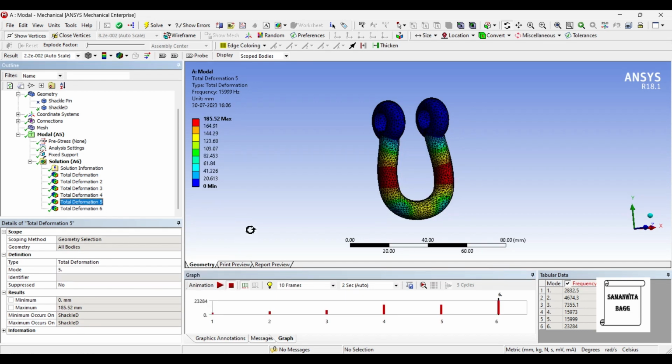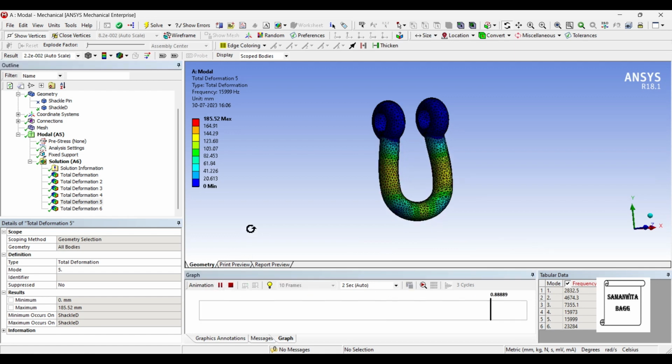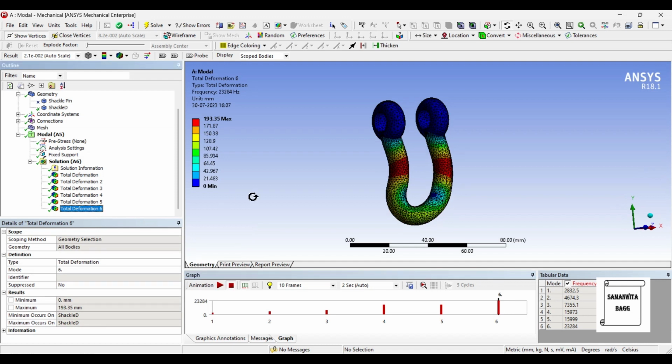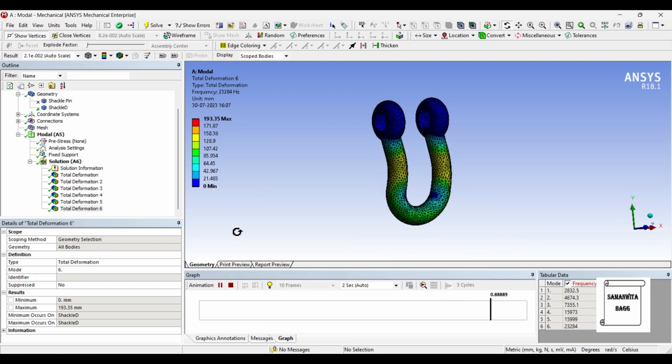Here the value is 185.52 mm for a corresponding frequency of 15,999 hertz. This is how you can animate and check the result. And for the final deformation, the value of deformation is 193.35 mm and the corresponding frequency is 23,284 hertz. You can see its pattern of motion,